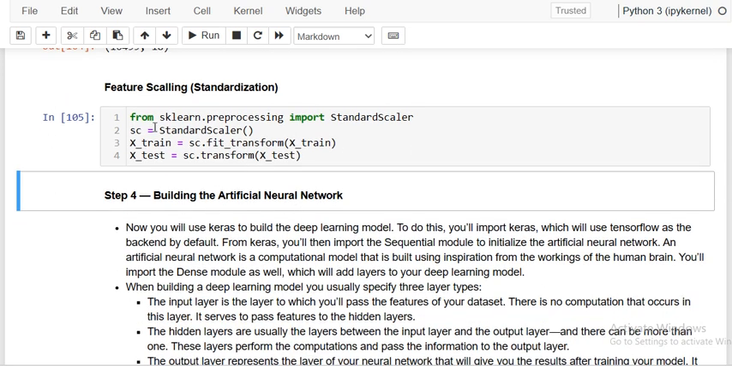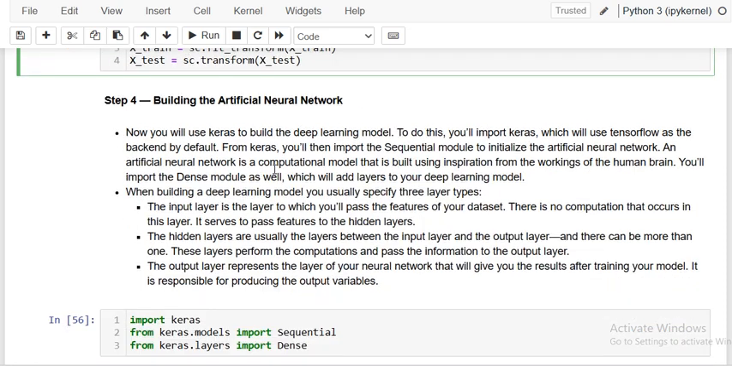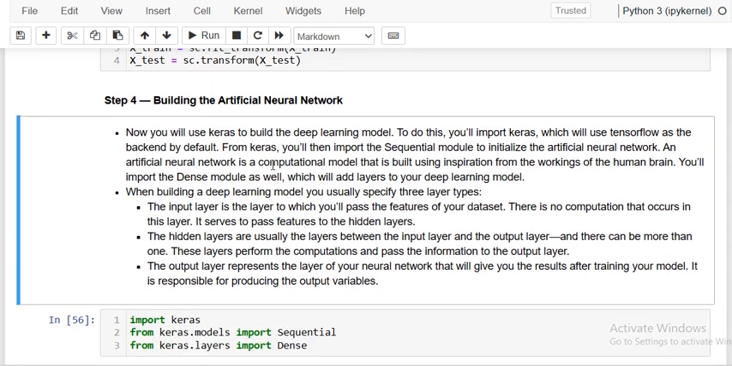Here I'm creating a standard scaler. I'm importing the standard scaler from preprocessing and creating the object of the standard scaler. I'm applying fit and transform to xtrain, and I have to transform the xtest data. Then the next step is a very important step, where we are going to build the artificial neural